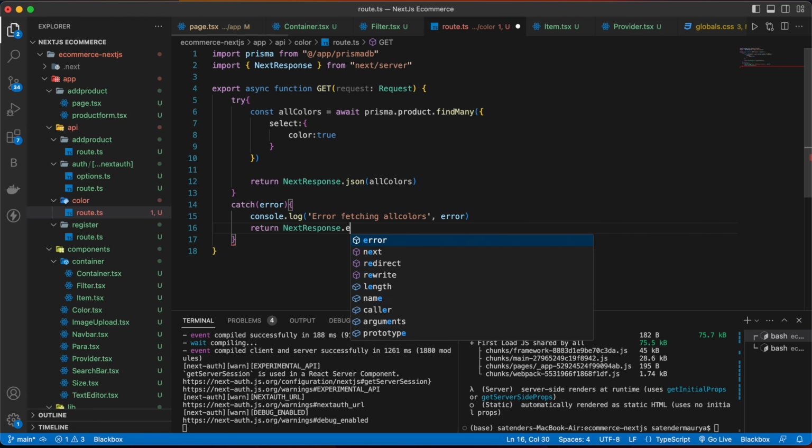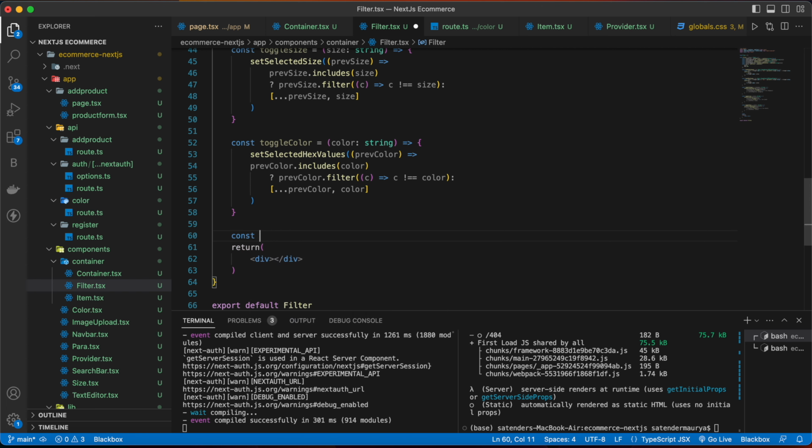Now save and go back to our filter, and here we are going to define a function const getAllColors.